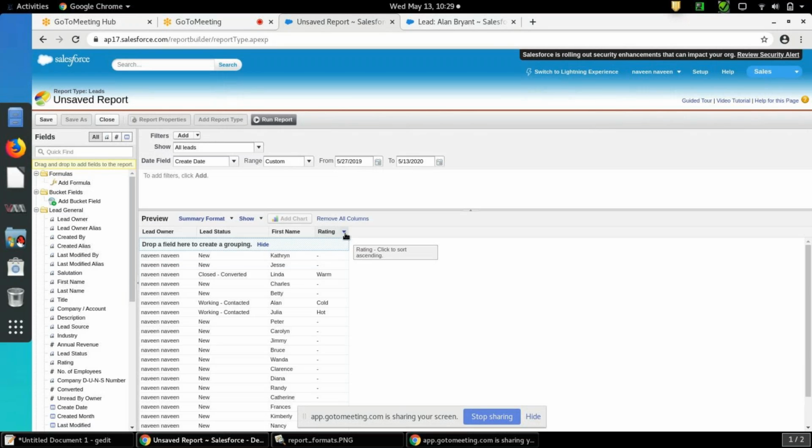Okay. Suppose you want to create a bucket field. Bucket field is nothing but based on the category, you can categorize the records. Suppose if lead source is web, I want those records in one bucket, one field. It will create the field in the report only. It will not affect the actual database. So you only see it in the report as one field column. So you can always add one bucket field. Click on add bucket field.